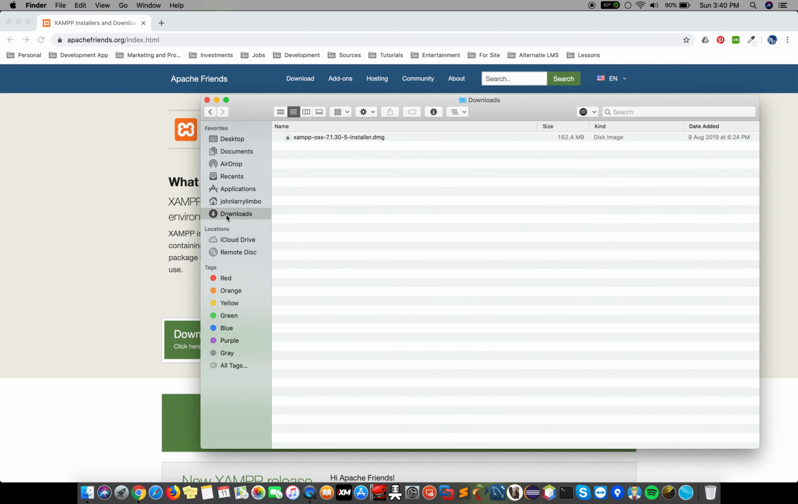So I have here in Downloads XAMPP OS X 7.1.3. For Windows computers, you can see that .exe is the format for all Windows type computers, but for this Mac OS it is .dmg. So let's start installing this one. Just click this one, and then after that